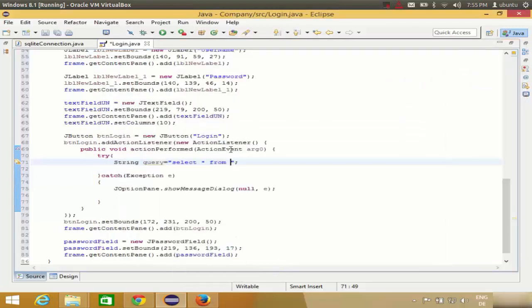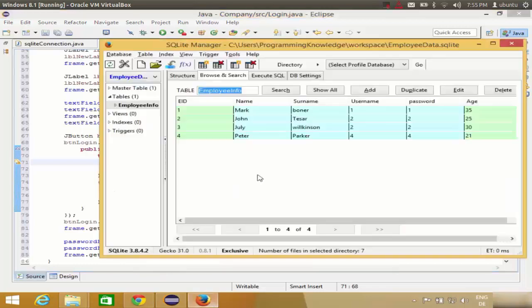So select star or asterisk from your table name, and then we will write a where clause. So just write where your username. So what is the name of username? Just as username and password, right? So where username,